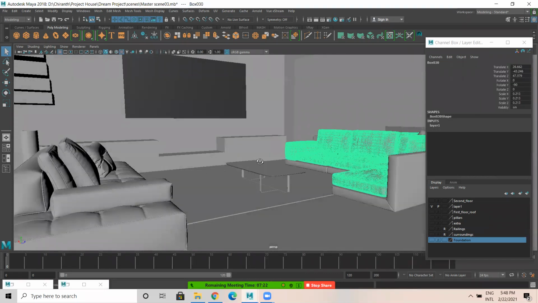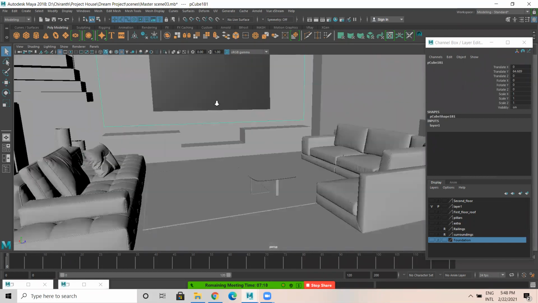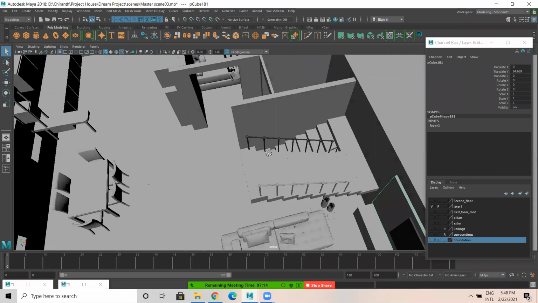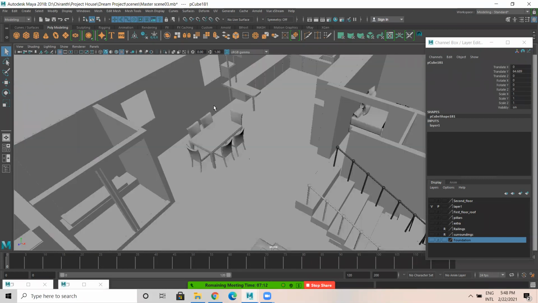You have a sofa set, two different types of sets. There's a TV unit, a prayer room, a dining area, and a kitchen.